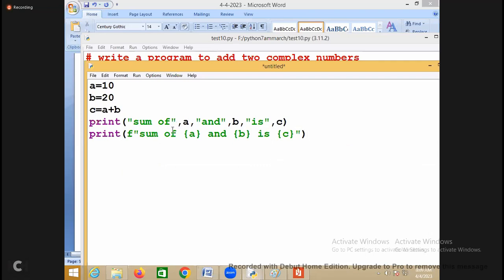The second one. So here you are printing how many values? Only one value, a string value. And within the string you are inserting the A value, the B value, and the C value. But how are you inserting a value? Using curly braces. These are called replacement fields. You are inserting the value of A, the value of B, the value of C